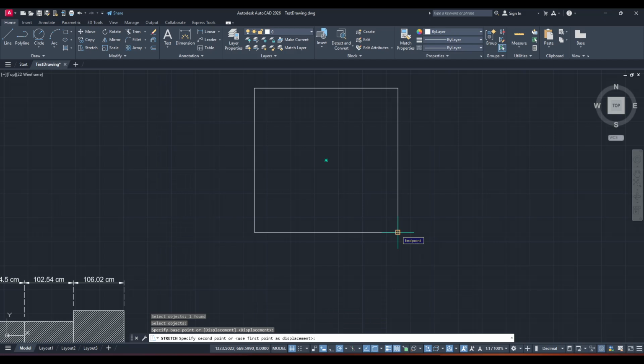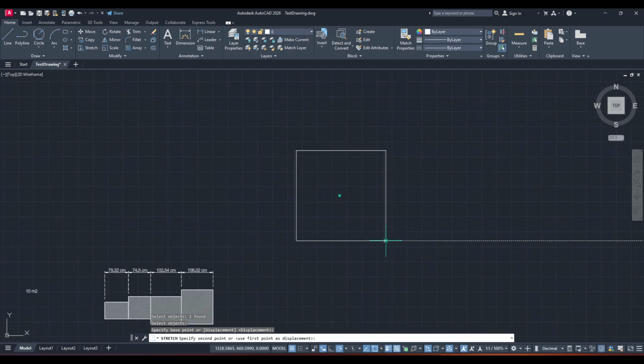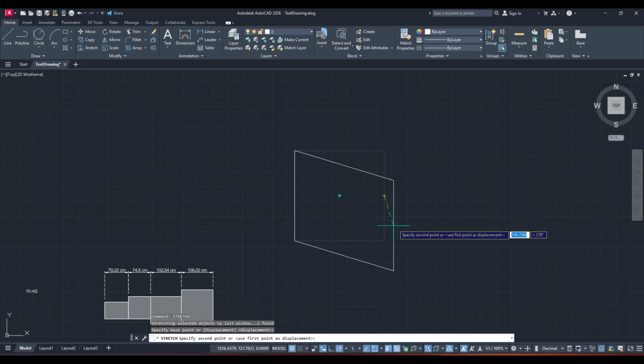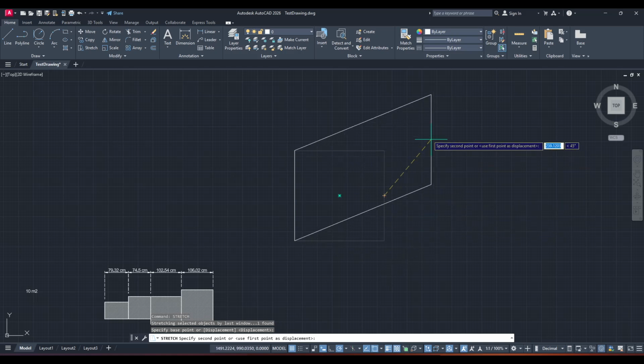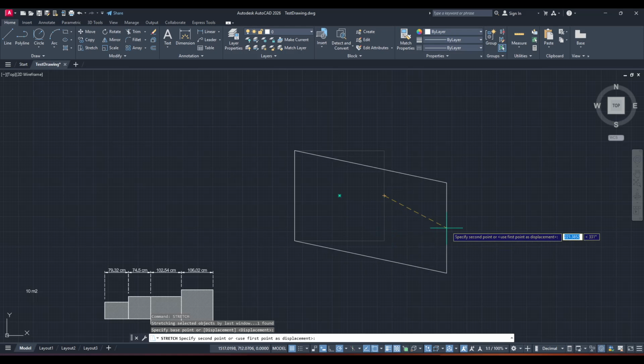Now, use your mouse to set the stretching distance. As you move the cursor, you'll see a live preview of the geometry updating. If you want to keep things straight, align the cursor along the axis you intend to stretch. Tools like ortho or polar tracking can help maintain direction, so the stretch follows a clean, horizontal, vertical, or angled